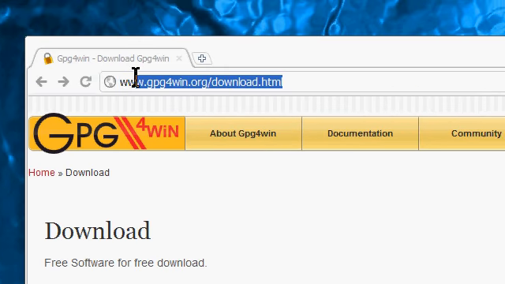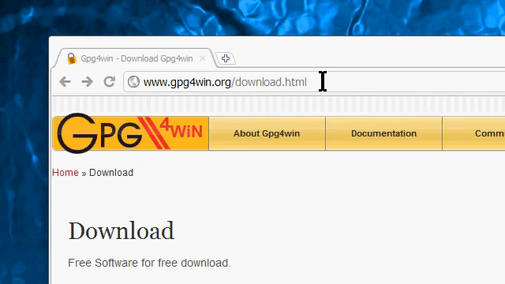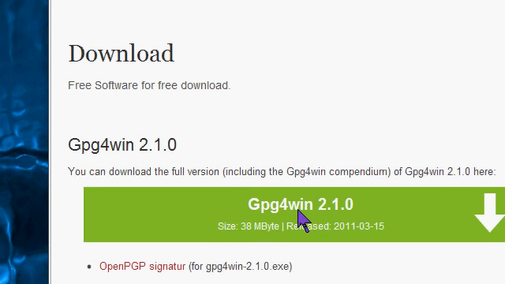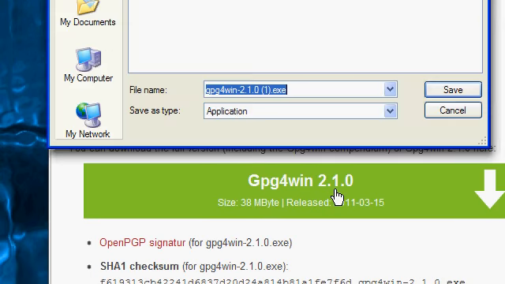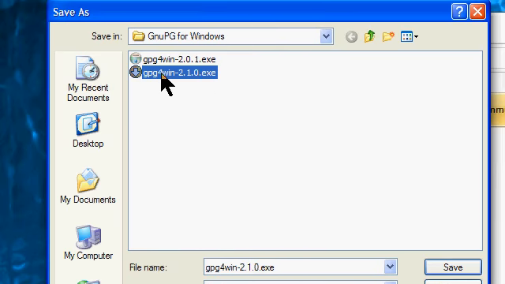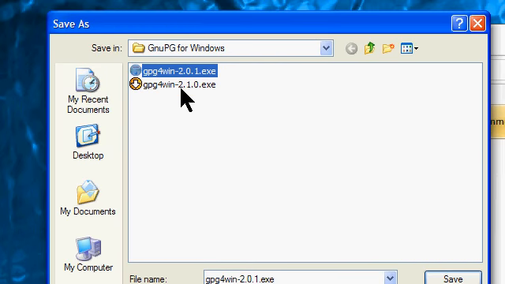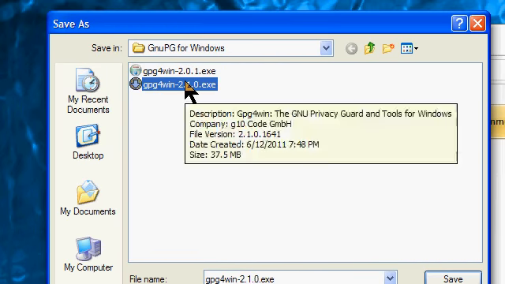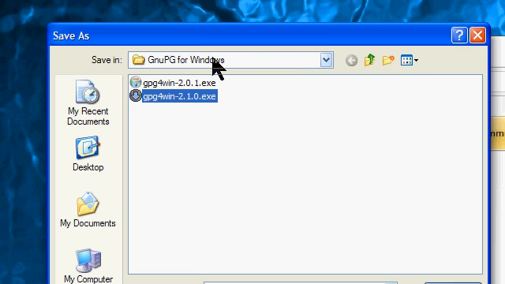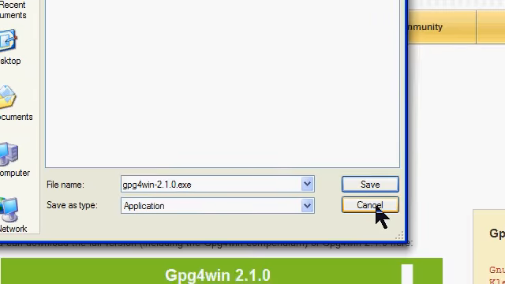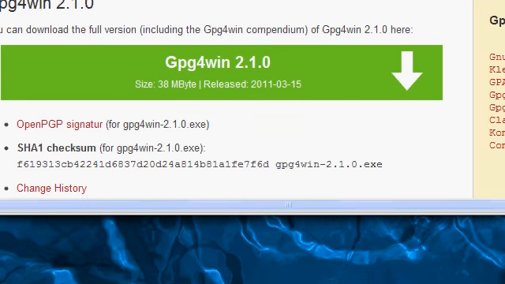I need to go to gpg4win.org, and once I'm there, I can download the gpg4win 2.1.0 program. I've already downloaded it here. Here's the previous version I was using. The new version is a new version of Cleopatra, which is the key manager, and it works really well. Anyway, I've got that downloaded. You'll need to go download it. Once you download it,